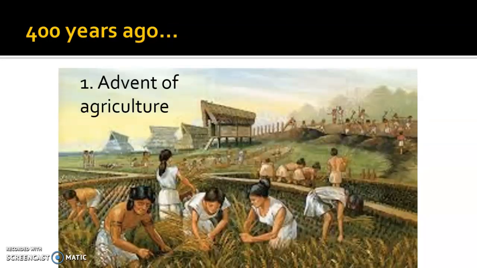Now, one of the biggest advances that really did help change population was the advent of agriculture. Food security, or having enough food to feed people, allowed them to congregate in greater numbers, have healthier children, and live longer. And so this idea of bringing in nutrition was an important part of the advent of agriculture.